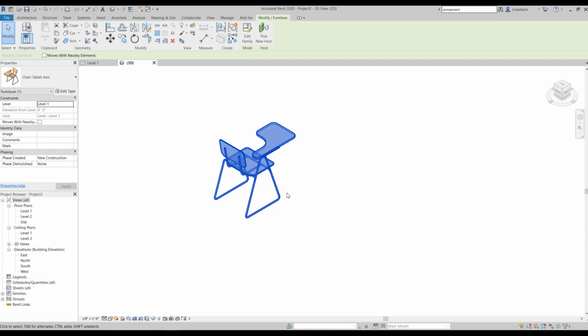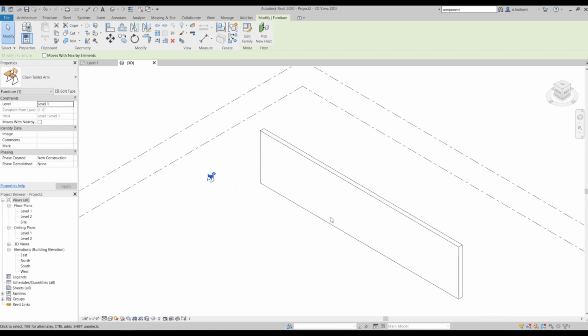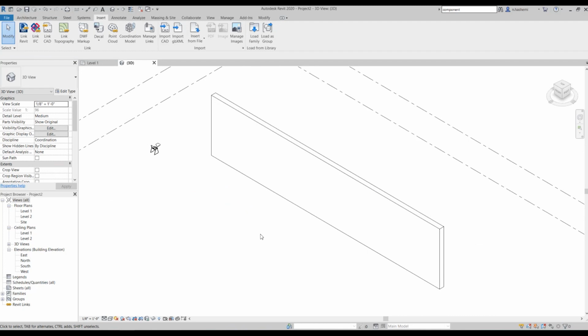Now let's see what a face is. Well, for that, let's get back to this wall we drew. Now, if you imagine this wall as a box, you can see that it has 6 sides actually, which means it has 6 faces: top face, bottom, left, right, front, and back.